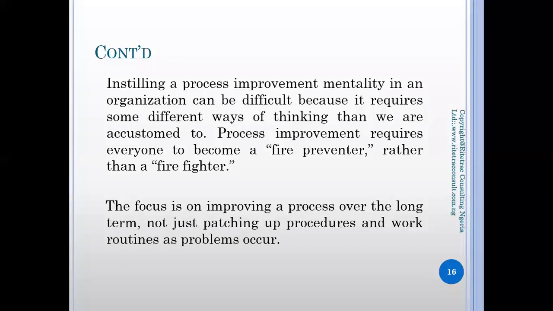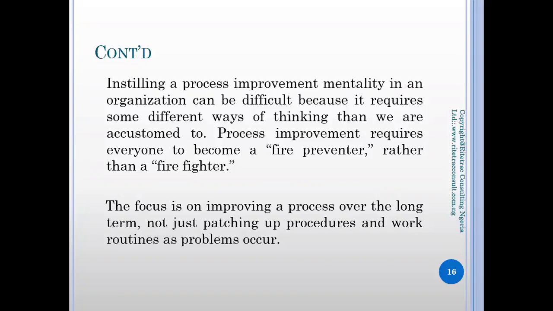That means you are calling that person a "just do it" person, who is a zombie. And being a zombie doesn't really help in what we are doing. So process improvement requires everyone to become a firefighter preventer rather than a firefighter. The focus is on improving the process over the long term, not just patching up procedures and work routines as